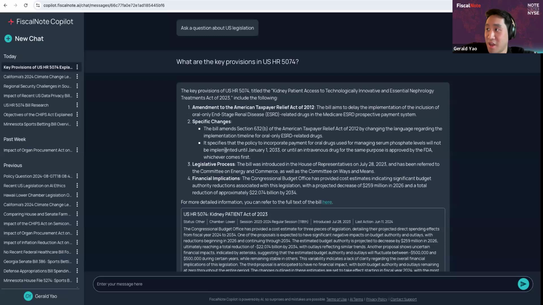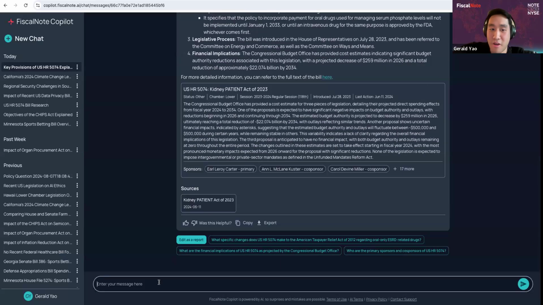So you can see it came up with some key provisions. I won't go through them all like the last example, but that's good for me to know. And then let's pretend, Fiscal Note does have grassroots advocacy products, and we've talked to a few of our clients there in terms of how we develop Copilot and also VoterVoice, which is our main product. One use case that has come up a few times is drafting more tailored, custom grassroots advocacy letters and campaigns,